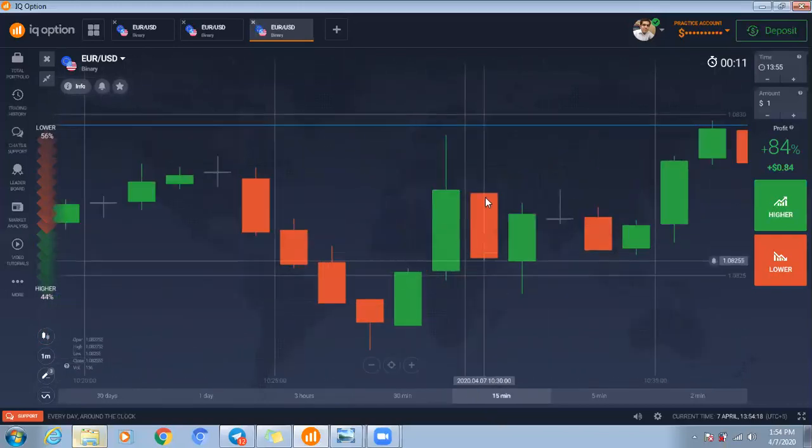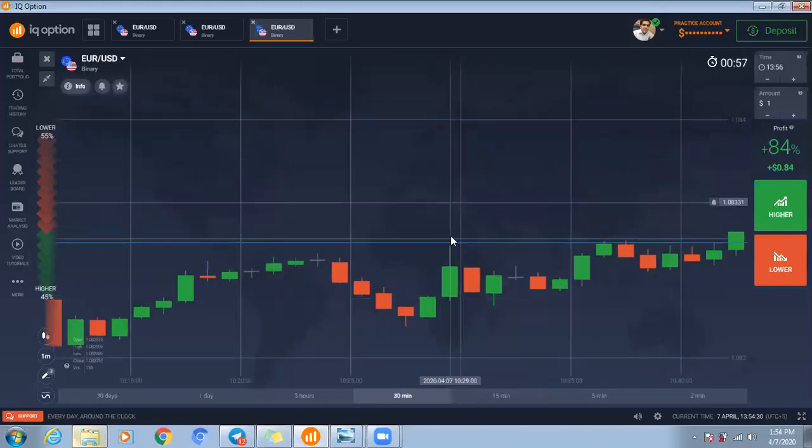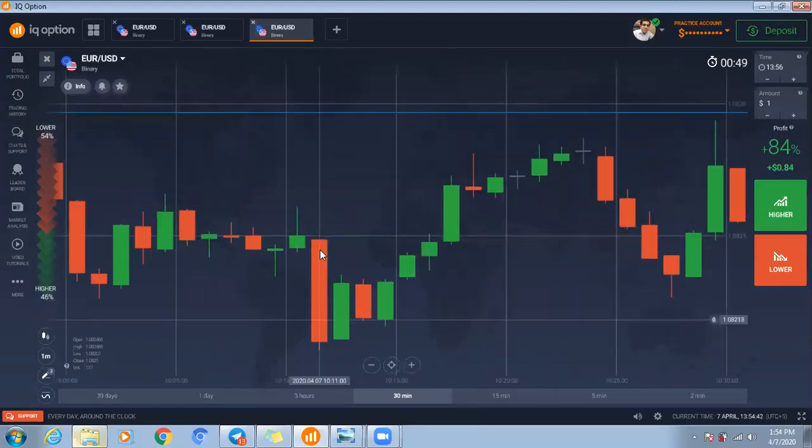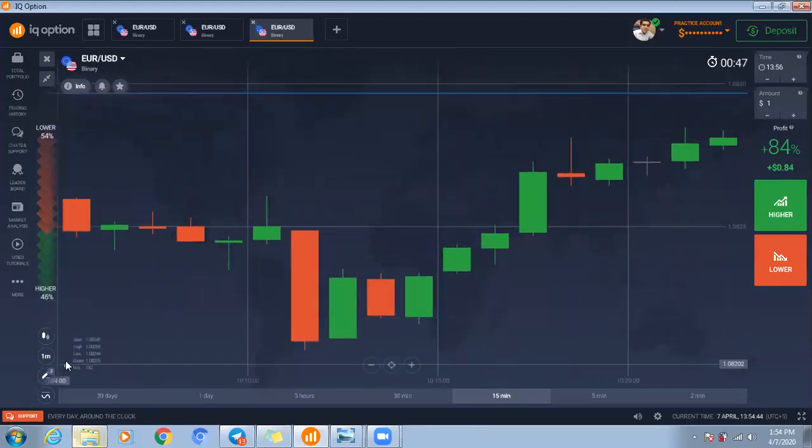Look at this, you can say this is the dark cloud cover, but there is a wick. So this pattern does not convince us that this is the dark cloud cover. Don't trade on this pattern. This is not a dark cloud cover because there is a wick above. This wick is too much above. So this is another candlestick. You can say this is the piercing line pattern. Okay.